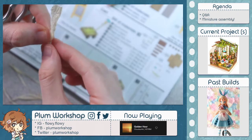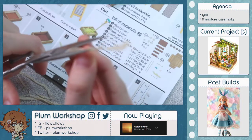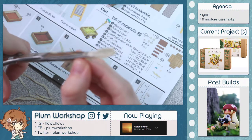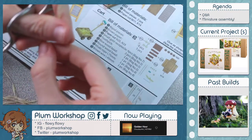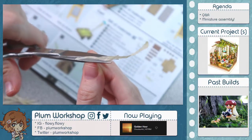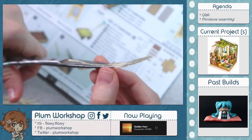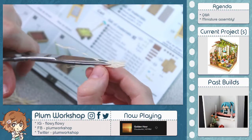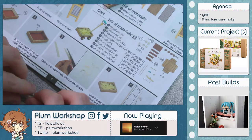Out a little more. There we go. Okay. Why can't they just give you paper to do this? This just seems so tedious. Okay, that's all I'm gonna do for that. I don't care if those are really...